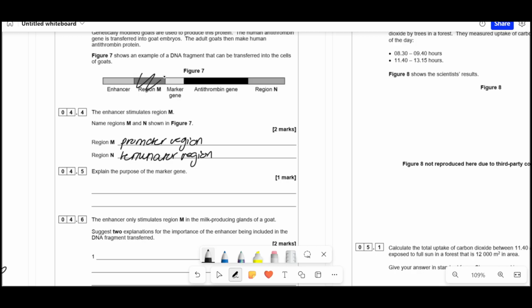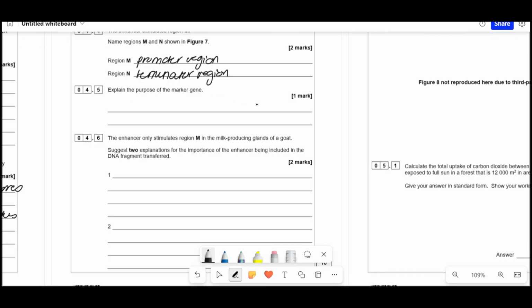If you don't have these, then RNA polymerase can't transcribe these two genes, because they're both going to be produced as proteins. It can't transcribe it, nor can it translate it either, because if there's no mRNA, no translation can happen, then the gene is not expressed. So this whole topic is hinging on you being able to make the links between transcription and translation. Then it says explain the purpose of the marker gene. Well, I just said before,